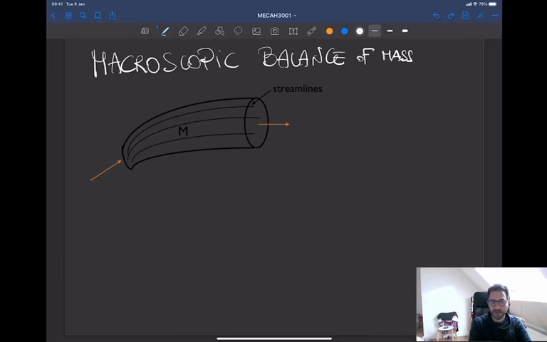Hi everyone. So in this video we're going to look at macroscopic balances of mass and momentum. You know that the conservation principles in fluid mechanics are the conservation of mass, momentum and energy. We will focus on the first two. You also know that you can express these conservation principles in integral form, so looking at the finite volume of fluid and doing your balance across the inlet and outlet section, or by looking at local forms and using differential equations. So what we'll do first is to start from the macroscopic balance